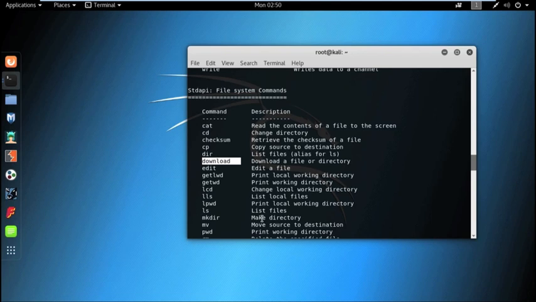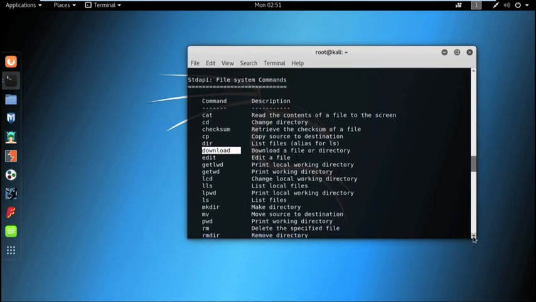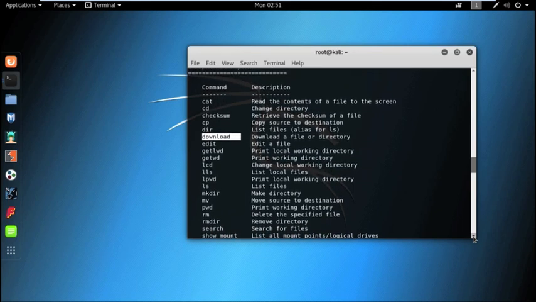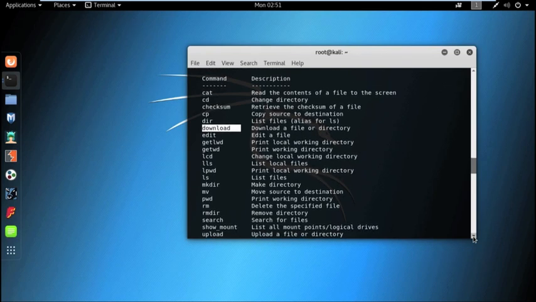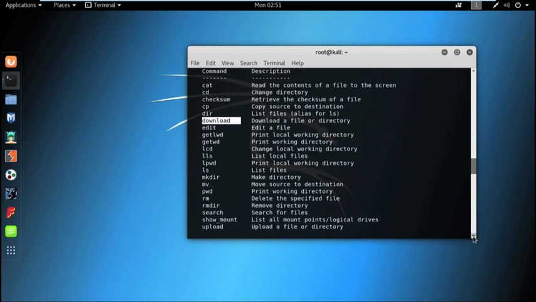We can also delete a directory from the victim machine. We can also capture the screen. We are also able to turn on the webcam on the victim machine, and we can also record the microphone remotely, whatever conversation is going on in front of the victim machine.